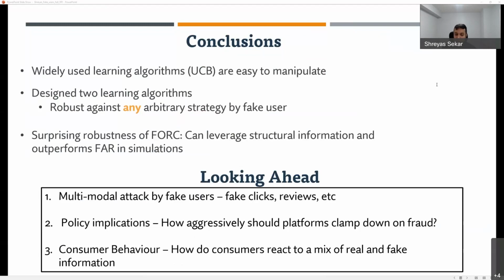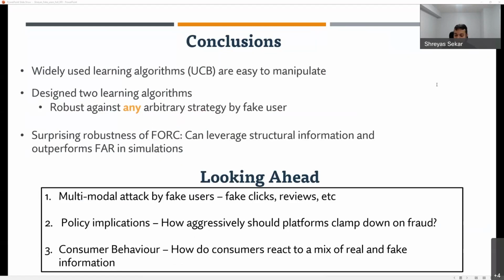The second thing is looking at the policy and the game theoretic implications. So in particular, there's been a ton of works that look at the question of how should a platform start taking down fake reviews? Okay, the obvious answer is, hey, shouldn't you be taking down all the fake reviews that you can? But these works have this counterintuitive result that if you take down too many fake reviews too fast, you can affect the health of the marketplace, because the marketplace ends up becoming very sparse. So these policy level questions are also very interesting.